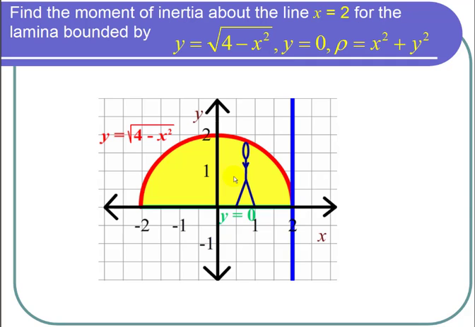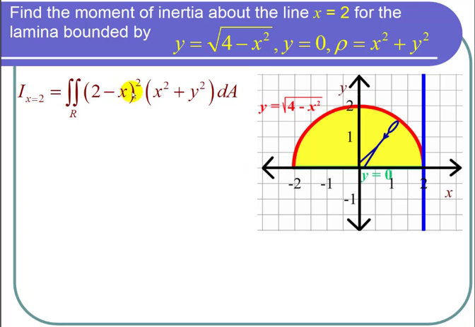So the moment of inertia formula says that the moment of inertia about a line is the integral over the region of the square of that distance, so (2 minus x) squared, times the density function, x squared plus y squared, times dA. So I have a semicircle for my region. It's a lot easier to use polar coordinates when I'm working with semicircles. The semicircle y equals root 4 minus x squared has equation just r equals 2 in polar coordinates. So I can convert to polar coordinates